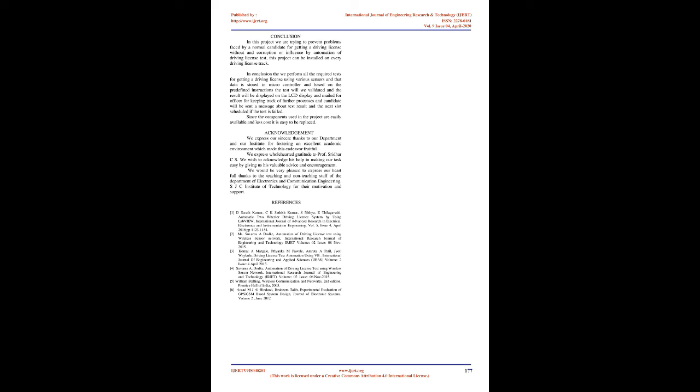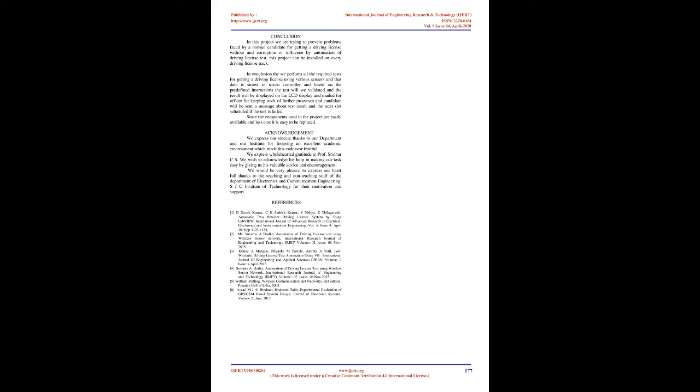4. Flowchart. The flowchart of the driving license system is shown in the figure. To receive the driving license one must go through a few tests. At first, the ramp test of the driving license system is done and the result of this test is recorded. The result of the second test, called the curve test, where the candidate should drive through the curve, is also recorded. After the curve test is the parking test, where the candidate has to park the vehicle in the given space, and the result of this also is recorded.